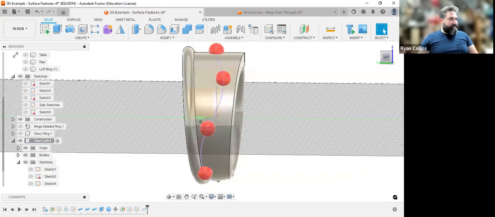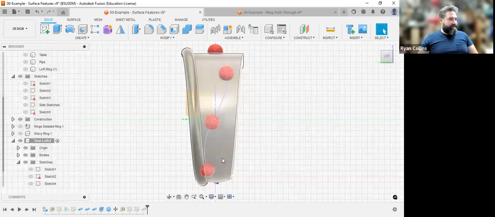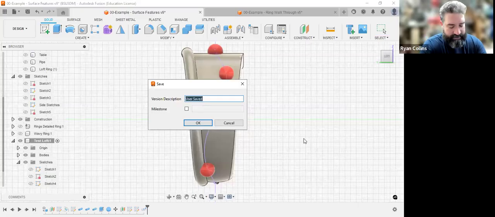But the cool thing is, instead of it just being in a circle, it warbles around, and you can always go back and make adjustments as you like. But there you go. Select or save, and